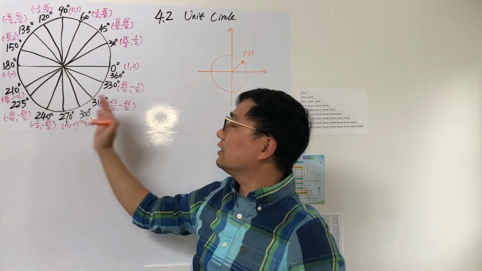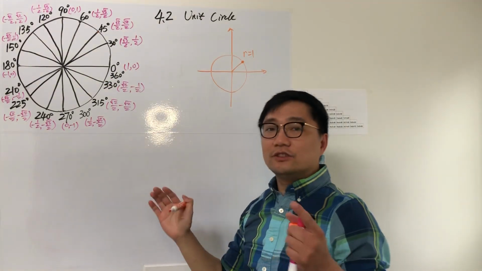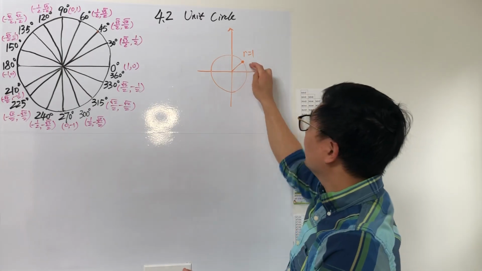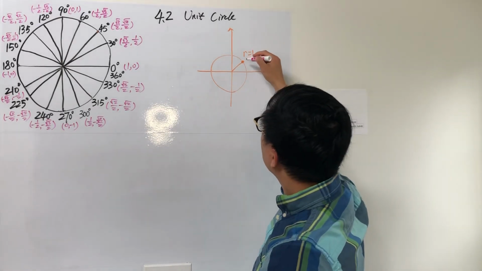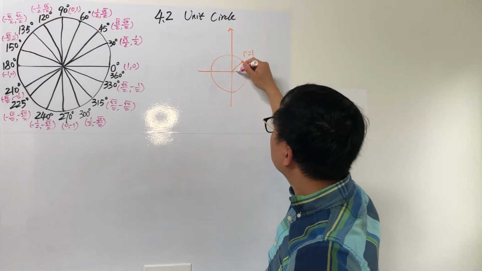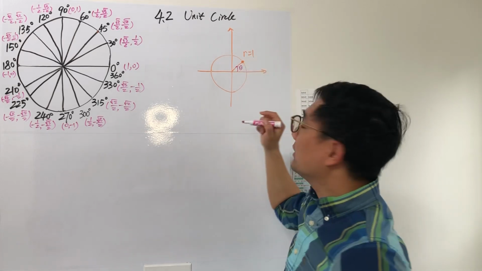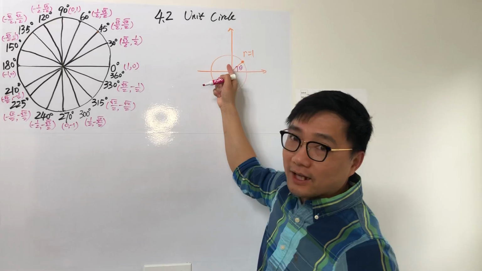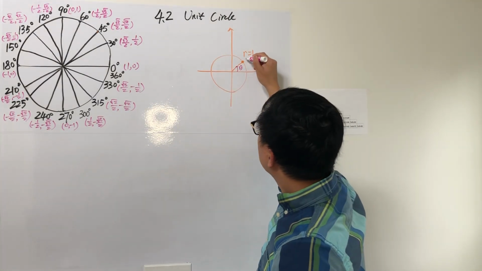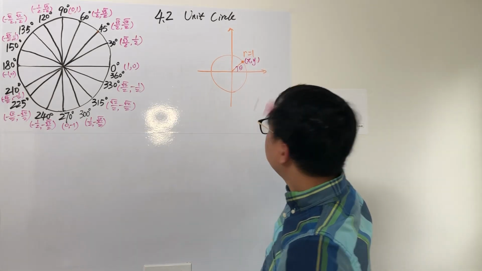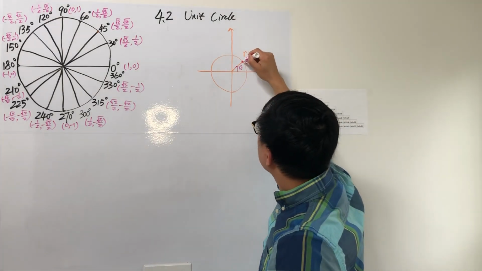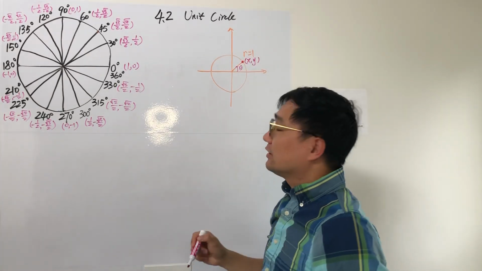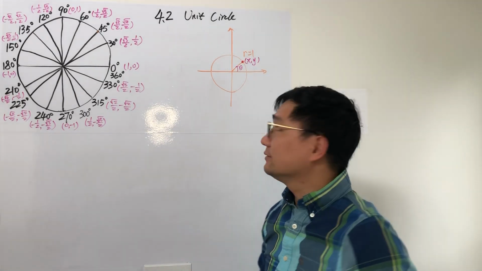Before I talk about the values of the 6 trig functions, I want to introduce how to define these 6 trig functions. First, I have a unit circle here, and for example this point. I'm not sure it is 45 degrees, maybe it's any number. This is theta. Remember, we draw this in standard position, so we have to show the terminal side and the arrow, the direction. I say this is theta, and x and y are the coordinates of this point, where the terminal side intersects the unit circle. Now I want to define these 6 trig functions. First, we have